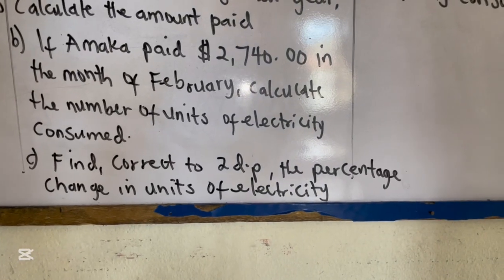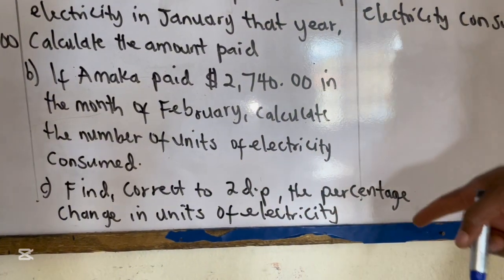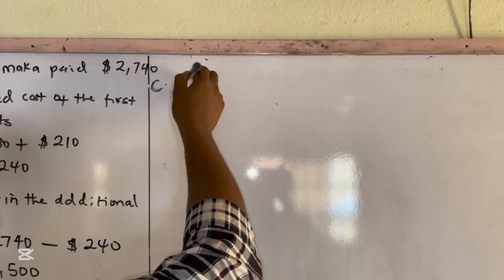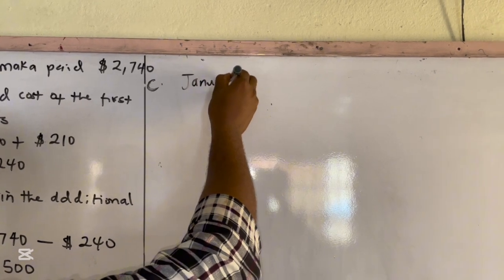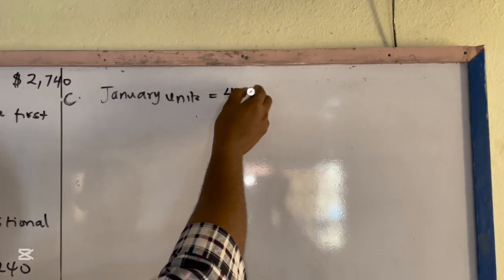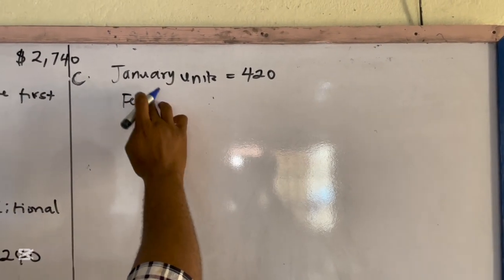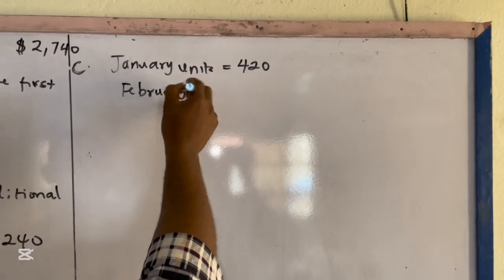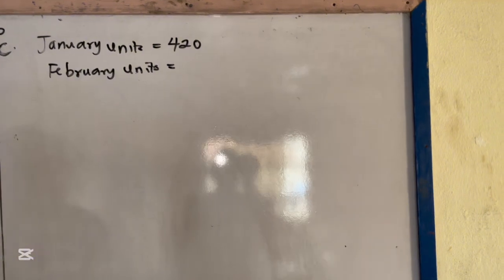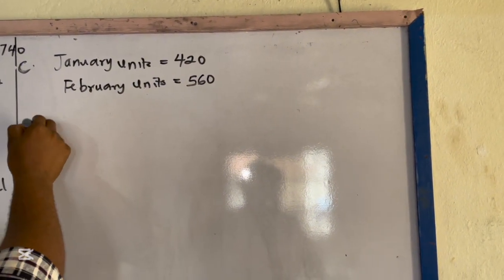So for C, we find, correct to two decimal places, the percentage change in units of electricity consumed by Amaka in January and February. C, question C, we have that the January units we had 420. So for February, the February units, we got 560 units. So now to calculate the percentage change,